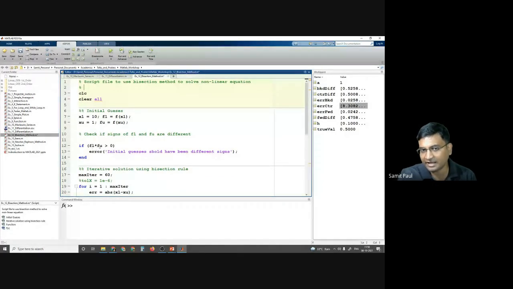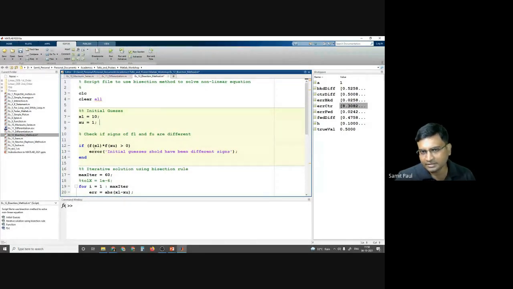We can calculate if we are checking the condition. If FL and FU, the product, instead of doing that, I can directly use it here, f of XL times f of XU. So you have initialized two guess roots, 10 and 1.